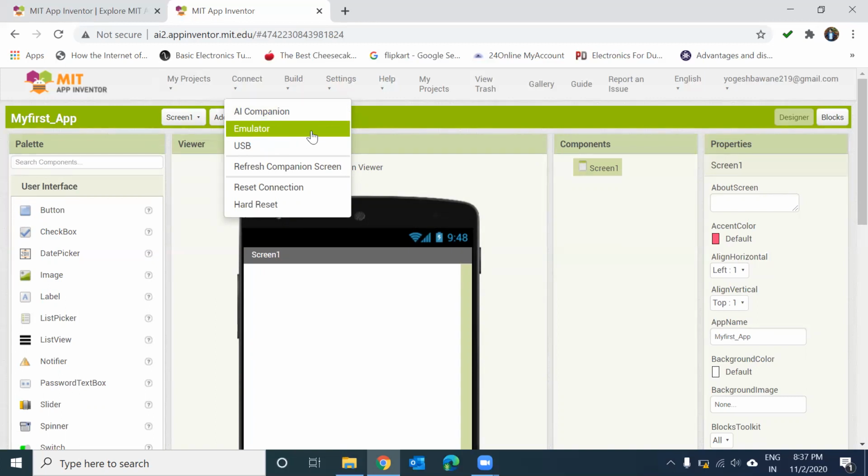But this emulator is a bit lengthy, and it takes a large time to load your application. For USB, you need to connect your mobile phone and then you can check the application by connecting the USB. What I suggest is that you use the AI Companion and check your Android application live. I will explain all these things, don't worry.